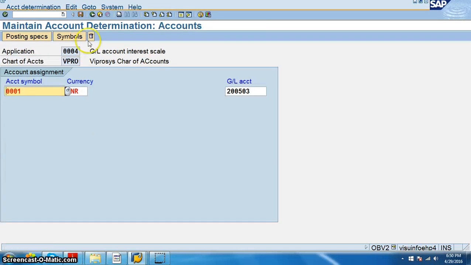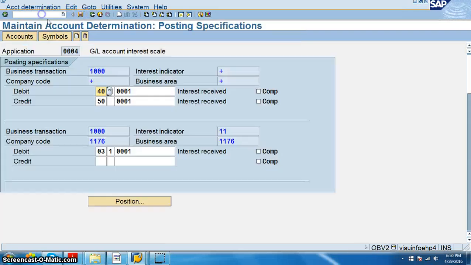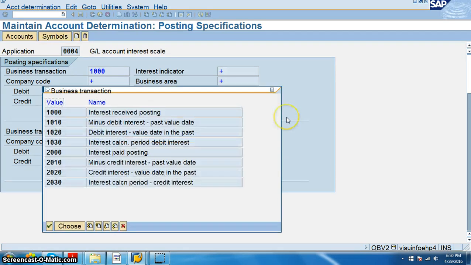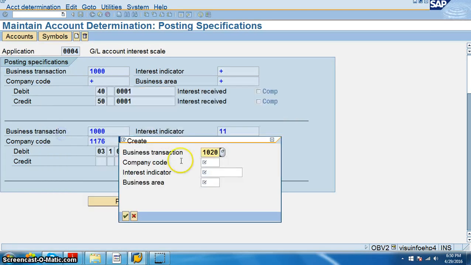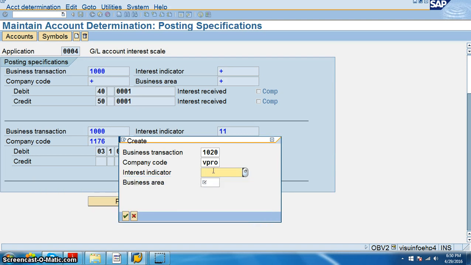Here we just assigned one account, but in this OBV2, what we have to do is also create. So in this we have the business transaction, that is debit interest. We are calculating the debit interest, and the company code is VPRO, and the interest indicator also was VPRO.